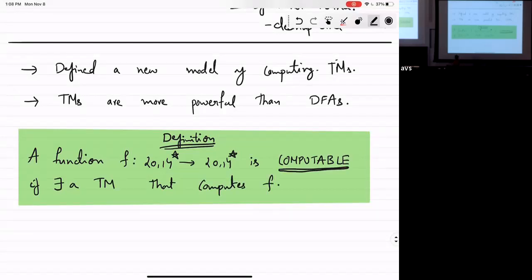Okay? So why do I say it's kind of a seemingly arrogant definition, right? Because we're saying anything is computable if a Turing machine computes it. But at this point, it seems unreasonable, right? You just add two things to a DFA. Maybe there are things that a Turing machine cannot compute. Maybe there's a Turing machine version of the pumping lemma which says that, okay, here's a simple thing that you can program on your computer, but a Turing machine cannot compute it. Right? What prevents that from happening?